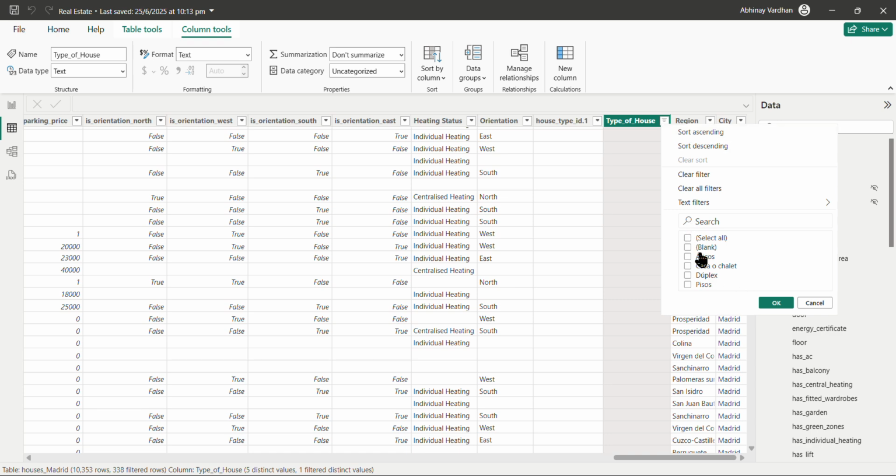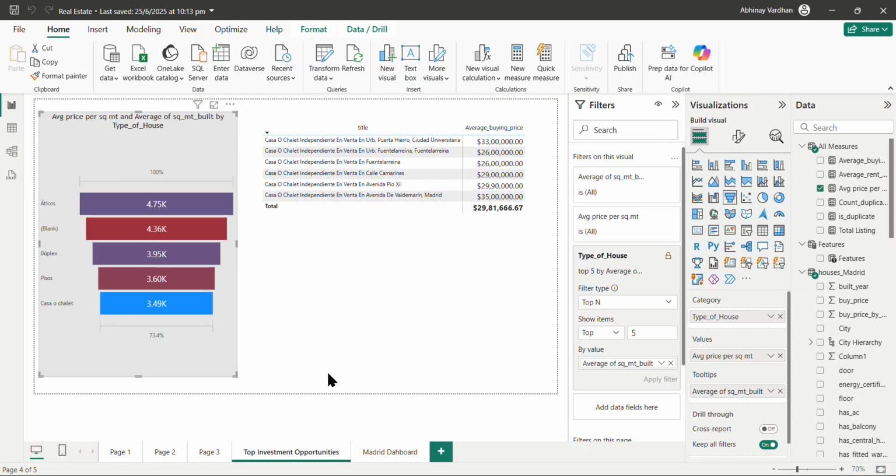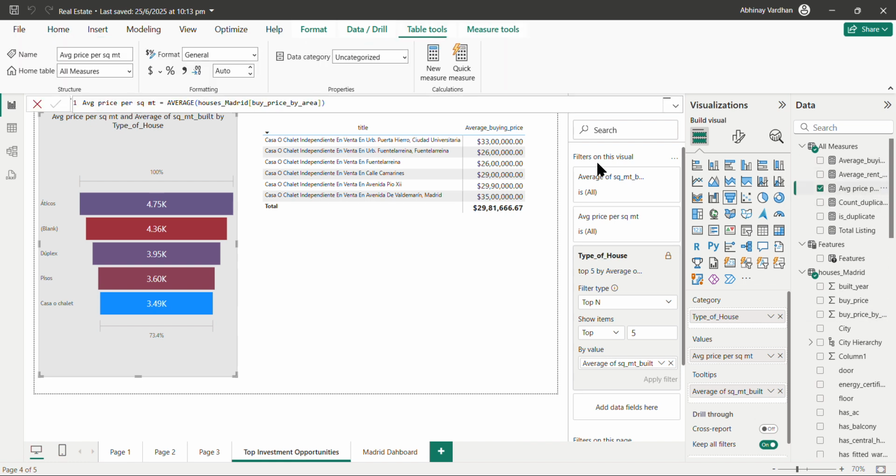So I'm just going to keep everything, and I've done the analysis here. I have calculated the average price per meter in this measure, buy price per area. Based on buy price per area, I have calculated the average price per area built,